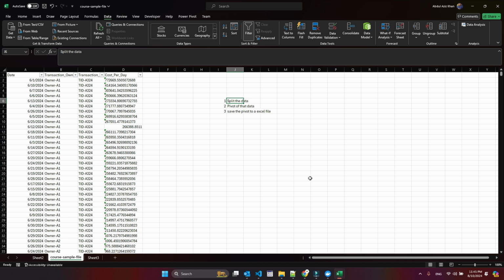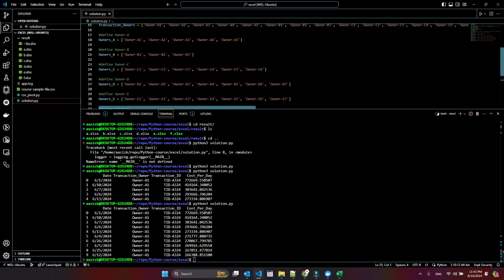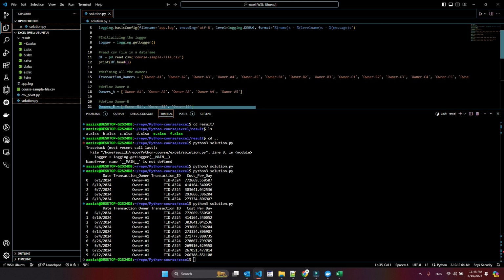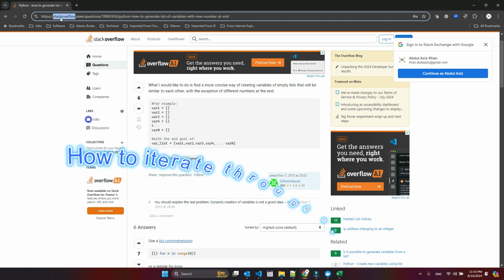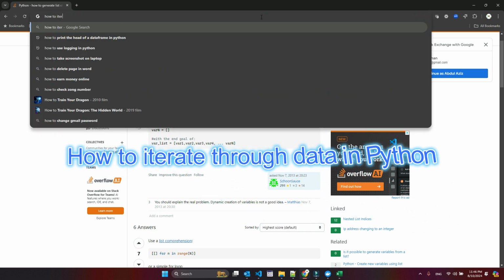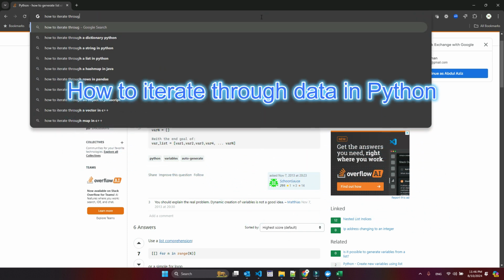So we have to make a kind of loop of this. I mean, take an owner name, split the data, make a pivot, put it in the Excel file, take the second owner name, and then the same, the third owner name, then the same. It means that we will go through this list in a kind of loop. So let's go back to our friend Google, and ask it how to iterate through data